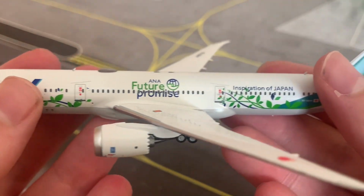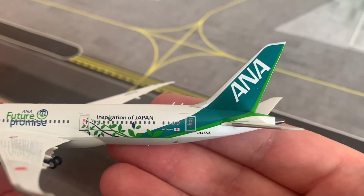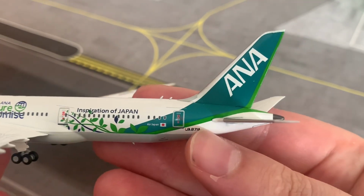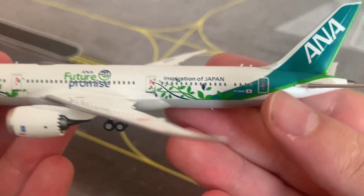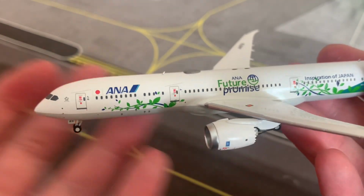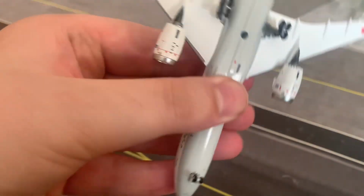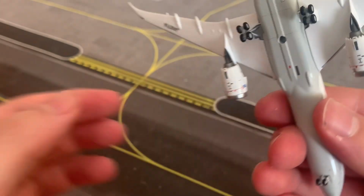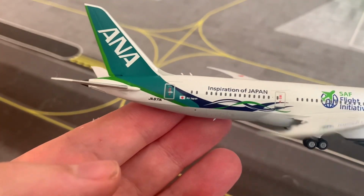She looks absolutely gorgeous. I would say that the green is a little bit too dark, but I'm not going to complain too much because this is outrageously gorgeous. Looking at the belly, looking fantastic. As you can see, I will do a more in-depth review of this aircraft later in the future,